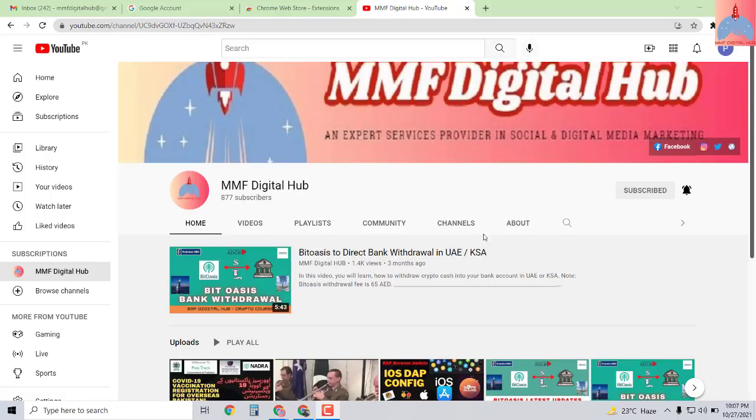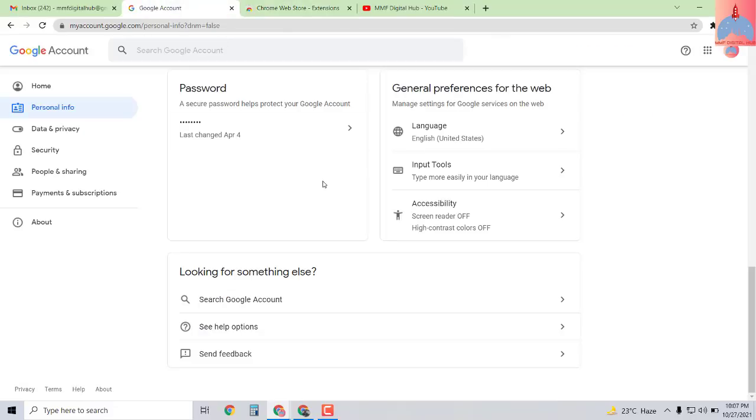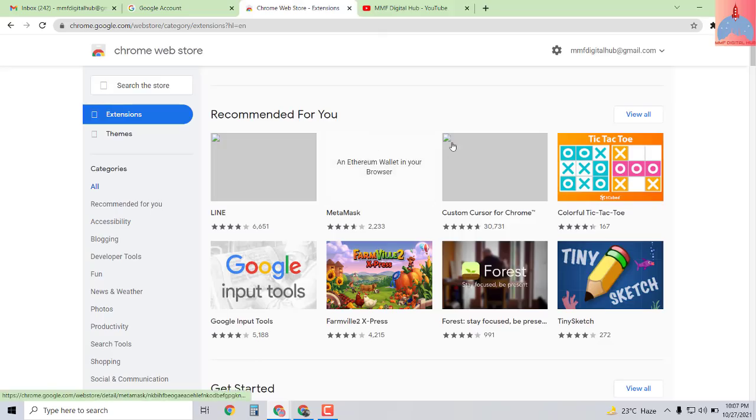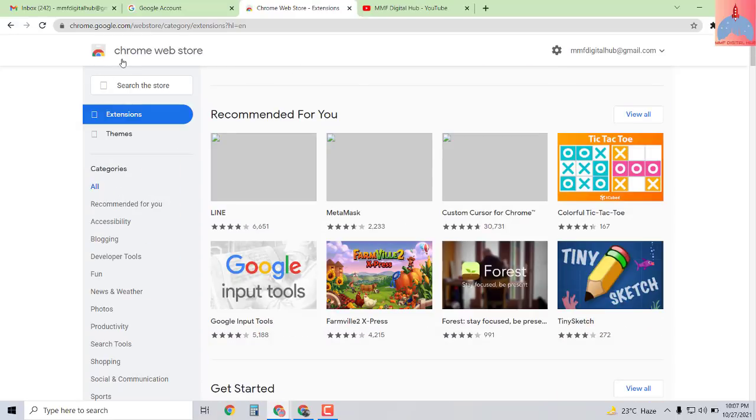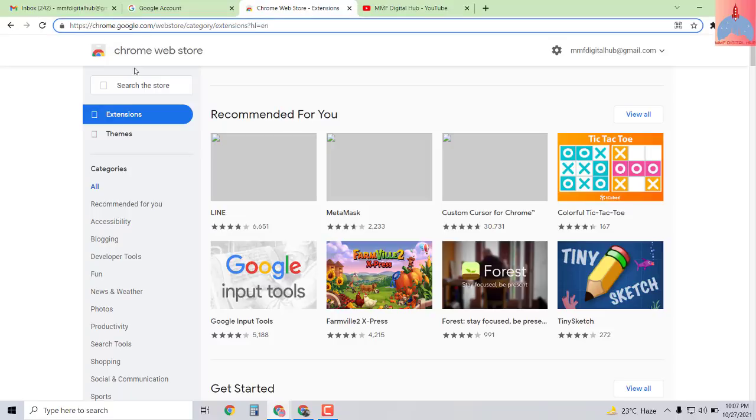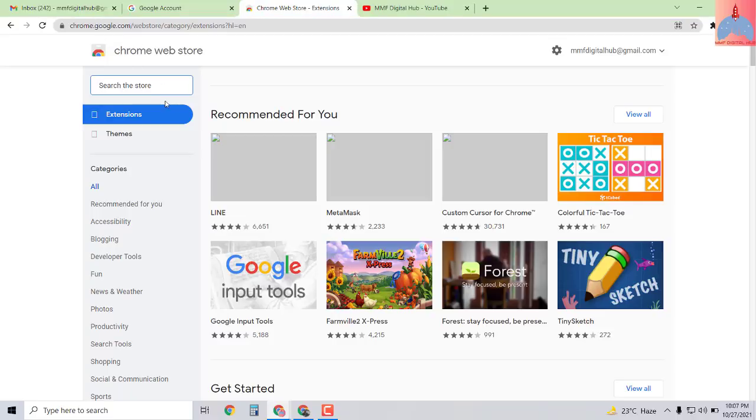So let's get started. The first thing, you have to go through your Google account. Just log into your Google account, and then you have to open Google Chrome and go to the Chrome store, chrome.google.com. Here you have to search for the extension. This is a Google Chrome extension. You have to search here